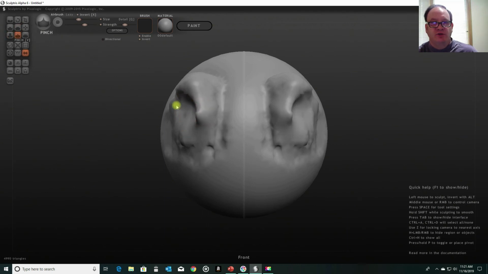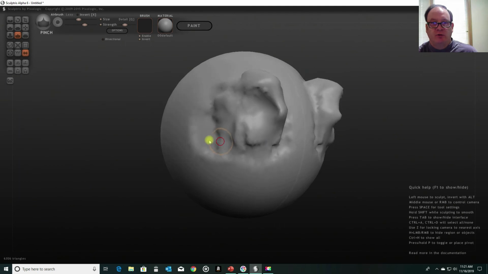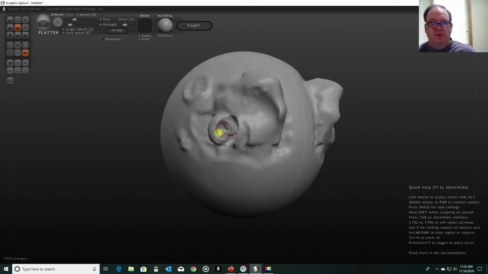Okay. Pinch. So non-inverted, I'm kind of pinching things together. I'm going to pan around so you can see that, kind of pinching it down in. If I hold the brush down, you kind of got to move it to get the pinch to happen. If I invert it, it's going in the other direction here. Okay, so there you can see that. All right, so let's move on to flatten. There I am kind of flattening things out a little bit,